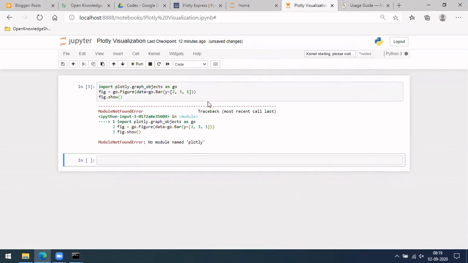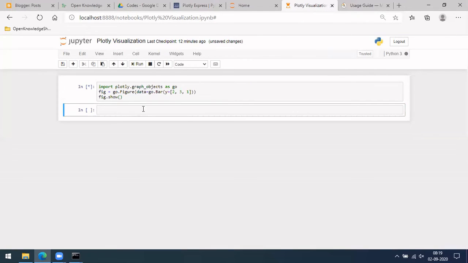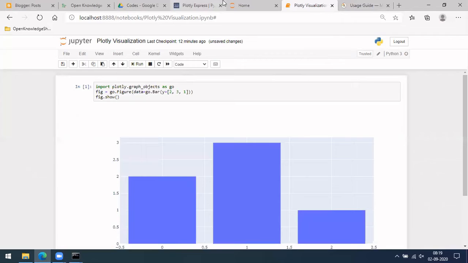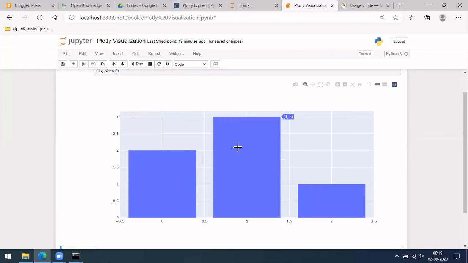I'm changing the kernel here. Okay, yeah. If you run now, this time it is running. Let it run. Yeah, if you see, it has run, and here you can do this interaction.